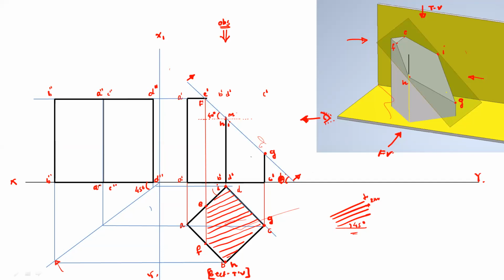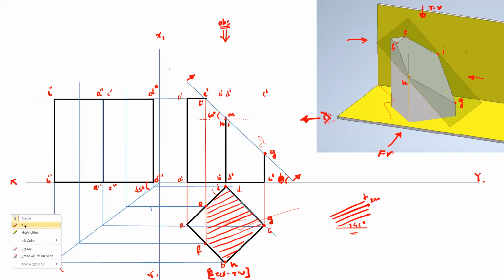Now we have to draw the sectional side view, and therefore we have to project these extra points E, F. Take the projection from this E, F point and project it vertically. So this is the point F double dash. You can observe here, this is the projector from point F. So this is F double dash, and this point is E double dash. So we have located these 2 points in the side view, E and F.